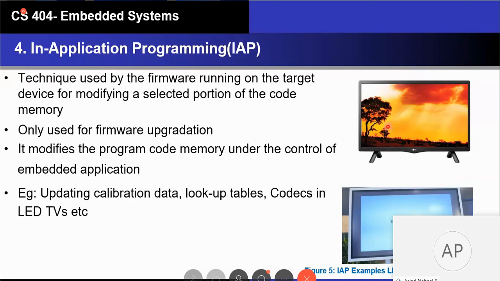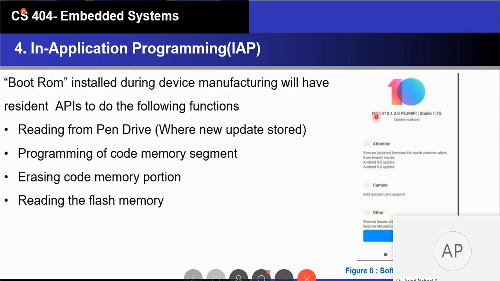The only thing we are providing is the suitable firmware with the help of a pen drive or the internet, which is the available facility. So in that case, the customer has no need to know about any technical thing. The only thing he needs to do is download from the official site, put it in, and use the menu option to give it the updates. Likewise, you can see this window.